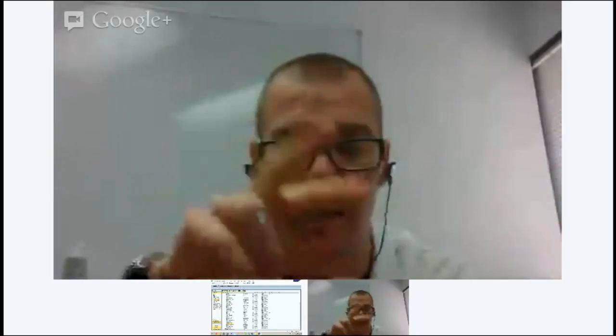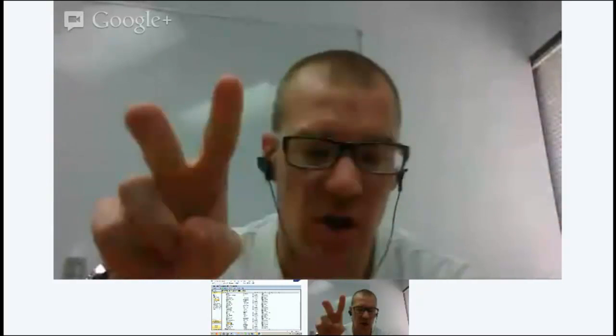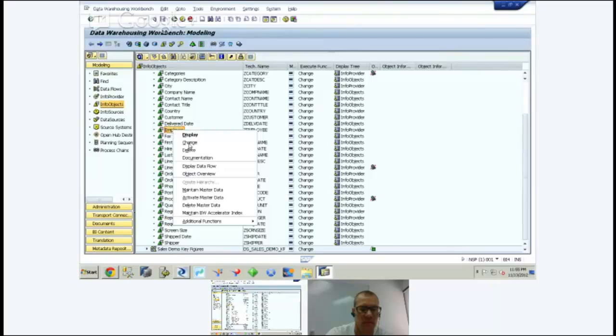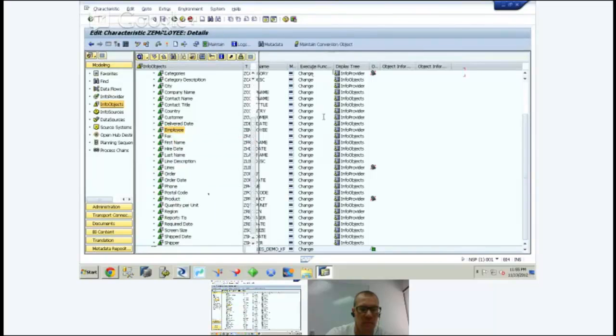Is that hierarchical, or is it basically just a kind of parent-child? This is not hierarchical. This is an attribute relationship, I guess I would call it in BW. So it's a hierarchical relationship, but it's not defined as a hierarchy in terms of BW hierarchies. We could generate a hierarchy based on this. So in employee, we could add a hierarchy to it